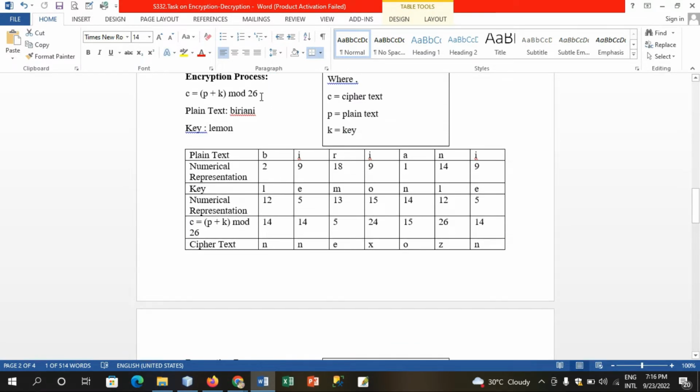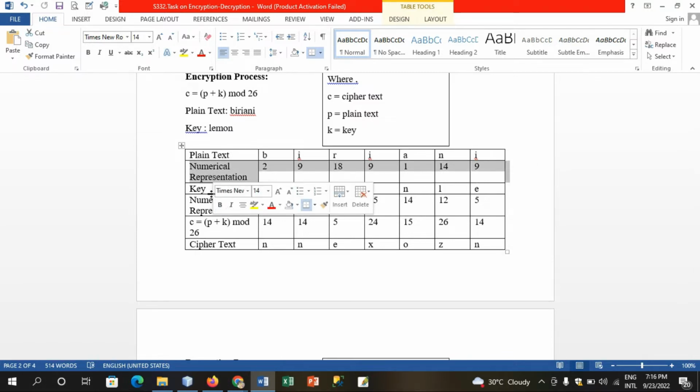In the encryption process, we will use the equation C = (P + K) mod 26, where C is ciphertext, P is plain text, and K is key. For this process, we have taken biryani as plain text and lemon as key. I have taken a table at first, then filled the first row with the plain text, the second row with the numerical representation of plain text, the third row